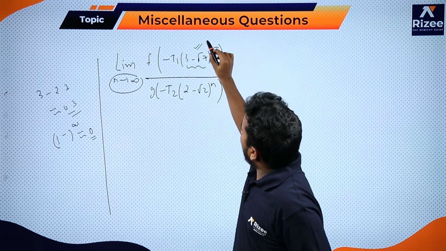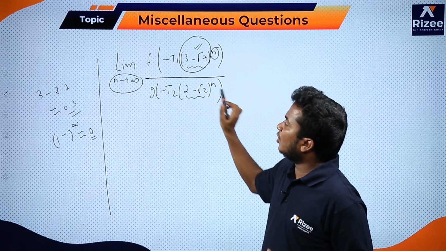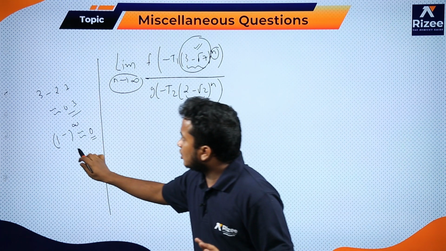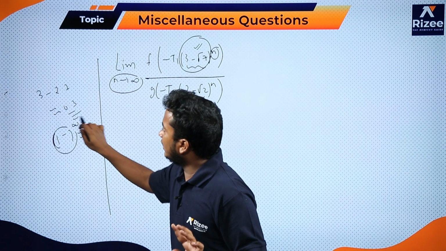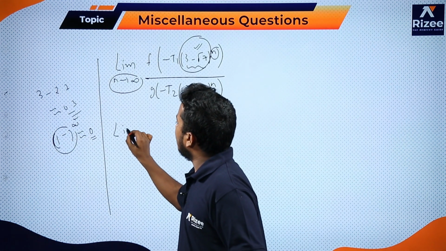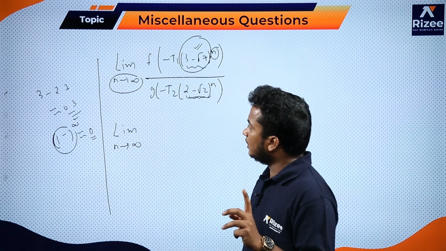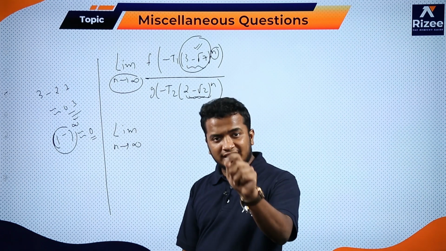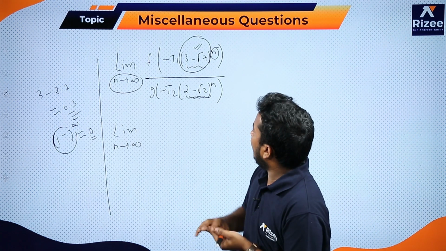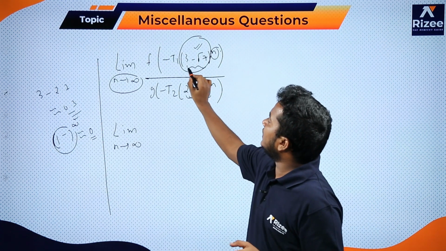So this argument is tending to 0. Similarly, 2 minus root 2, that is 2 minus 1.414, is 0.6, which is also lying between 0 and 1. This is also less than 1 to the power infinity, so this will also become 0. So I try to create the given limit. What is the given limit? The given limit is f(x) by x is finite if x is tending to 0. So f of something by something is finite if something is tending to 0. So here something is tending to 0.